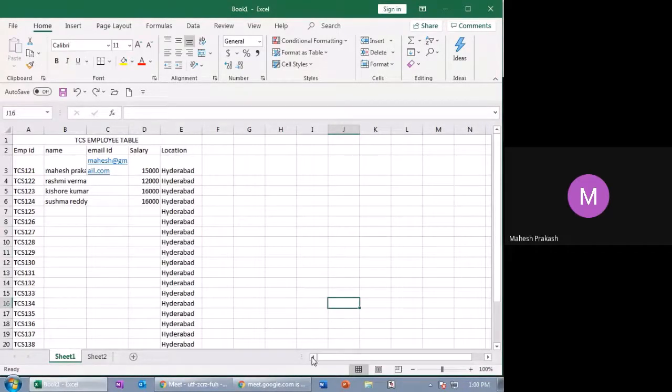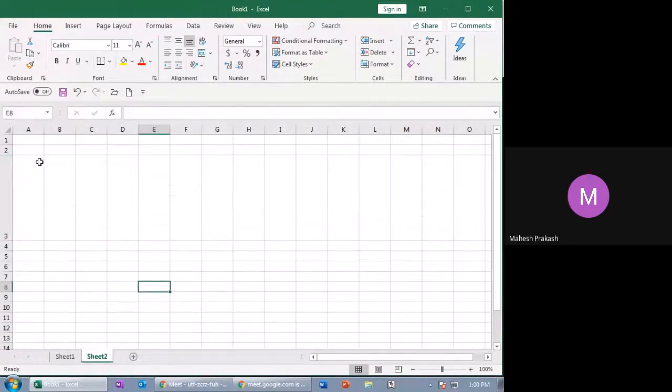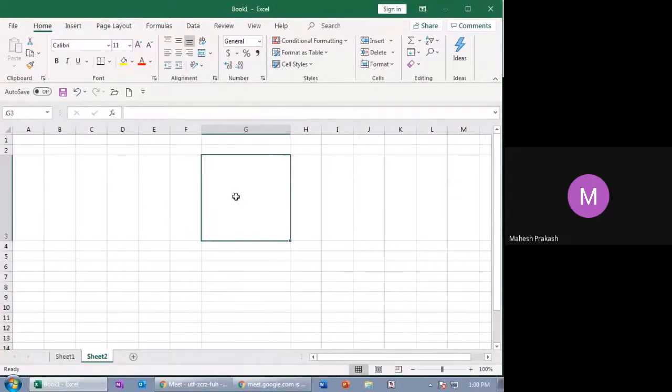So let's take a new sheet and I'll tell you over here. See, my name is on the left corner and at the bottom of a cell.